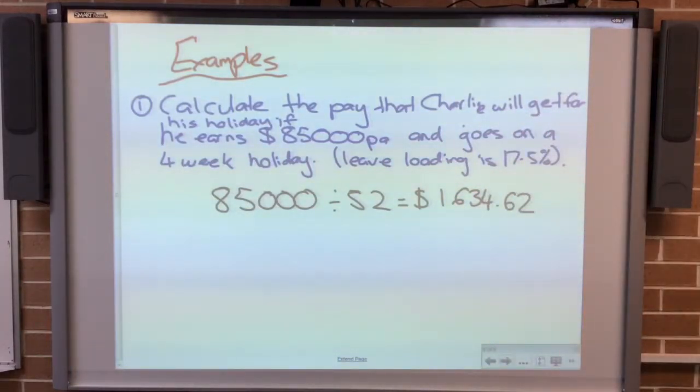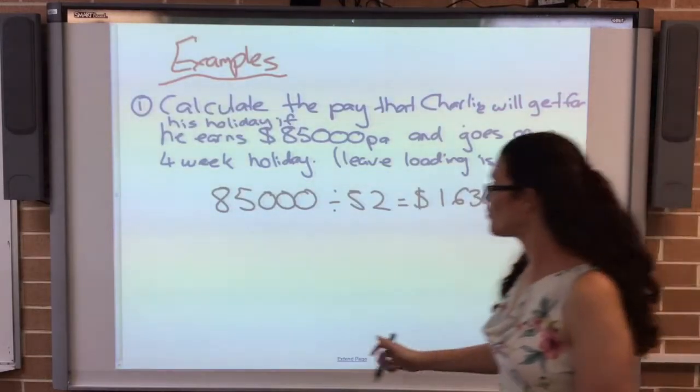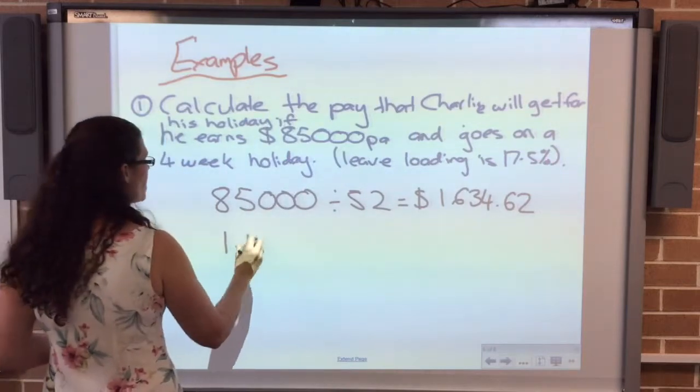Now for his holiday, we know that he's being paid extra. He's getting paid this plus 17.5% more. Now if I want to increase by 17.5%, what's the quickest way to do that? Times 117.5%. Is everyone happy with that? So I could do 117.5 on 100, or you know that I like the decimals, so I'm going to do